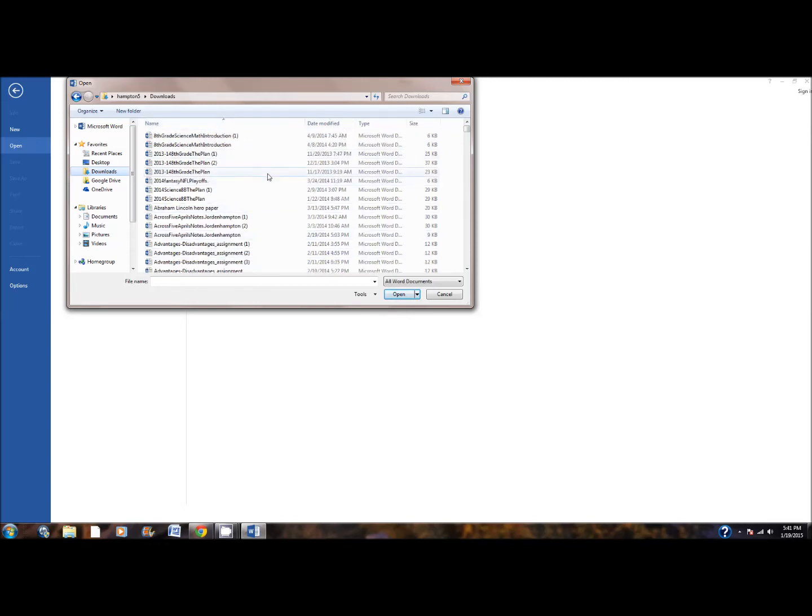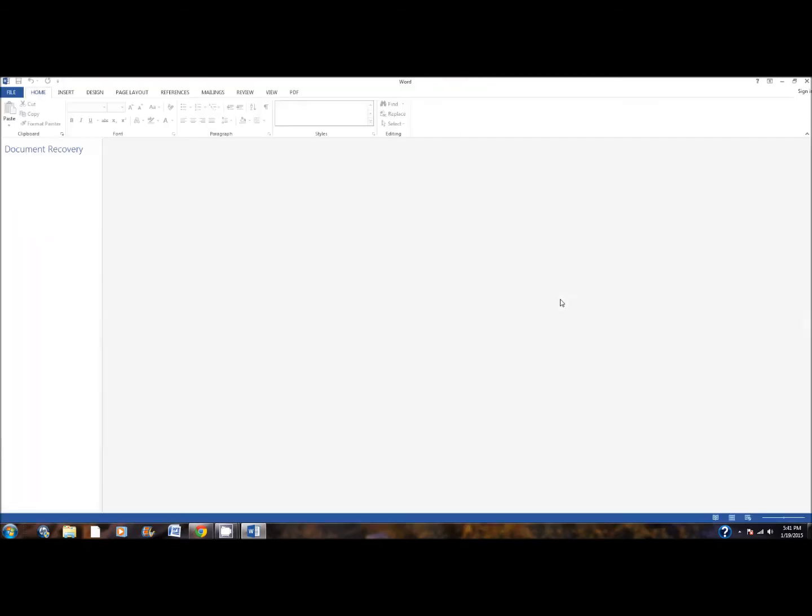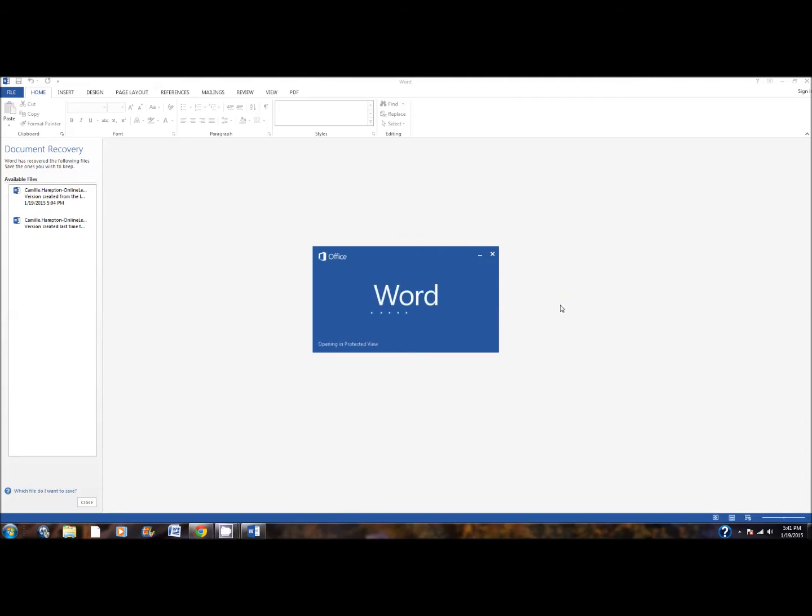So if you're looking for a name, that sometimes is a little easier. I always usually do Date Modified because I have my most recent stuff on top. But there's the file I just downloaded, so I'm going to choose it and then click Open. And now from here,